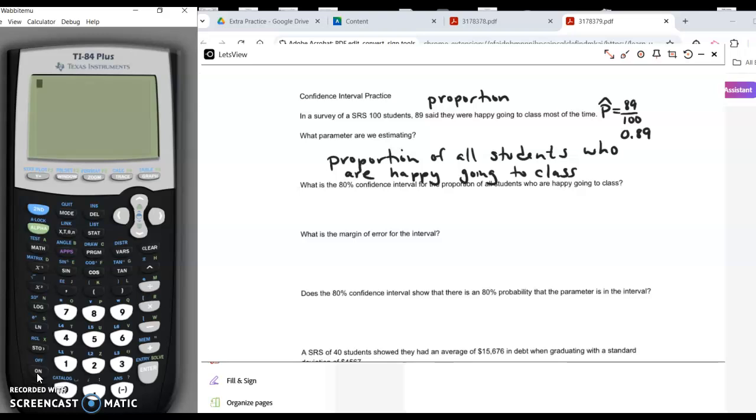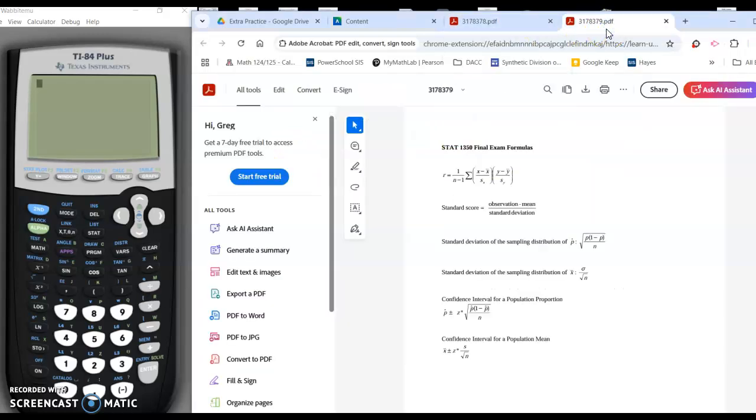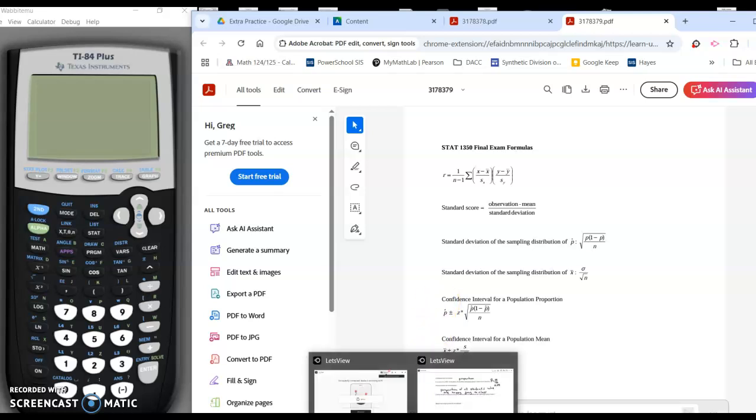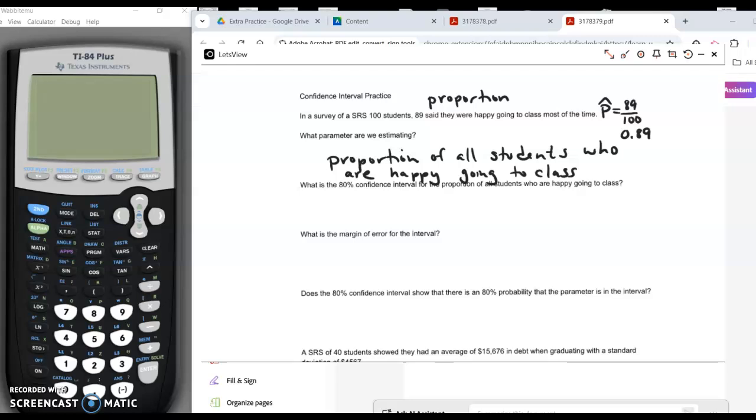Now, if I'm going to do this by hand, I'm going to have to use my formula sheet, which I have. This is the formula sheet for the final exam. And as you can see, there is something that says confidence interval for a population proportion. So it literally gives you this formula to use on this problem. So all you have to do is you know that the confidence interval formula, if I'm doing it by hand, is p hat plus or minus z star times the square root of p hat times 1 minus p hat over n. Now I know that p hat is 0.89,